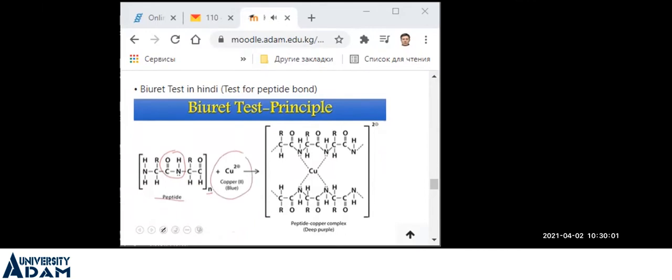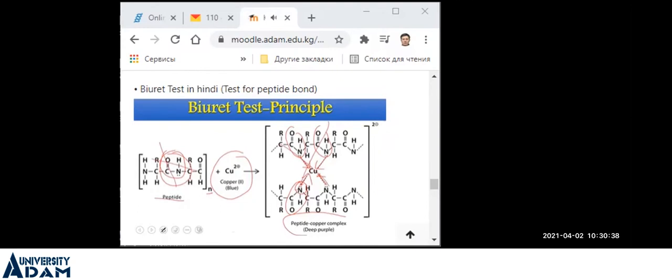तो जब पेप्टाइड्स ब्लू कलर के कॉपर +2 आयन से इन अल्कलाइन कंडीशंस रिएक्ट करते हैं, तो ये पेप्टाइड बॉन्ड है, ये पेप्टाइड बॉन्ड है, ये पेप्टाइड बॉन्ड है। नाइट्रोजन के पास लोन पेयर इलेक्ट्रॉन है, उस लोन पेयर के कारण ये नाइट्रोजन कॉपर +2 के साथ कोऑर्डिनेट बॉन्ड बनाता है और एक कॉम्प्लेक्स कंपाउंड बनाता है जिसका कलर होता है डीप पर्पल और वायलेट। अगर पेप्टाइड बॉन्ड प्रेजेंट है तो ये कॉम्प्लेक्स बनेगा, तो वायलेट कलर मिलेगा। अगर पेप्टाइड नहीं है तो ये कंपाउंड नहीं बनेगा और वायलेट कलर नहीं बनेगा।